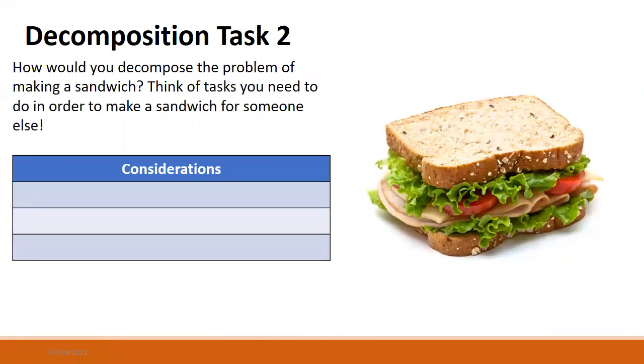Here's another one for you. All right. So can you do some computational thinking? You are making a sandwich. Now, let's say this is a sandwich for somebody you care about. It's not just that you're hungry and you don't care, so you just slap it together, right? Well, some of you actually care about it anyway. So yeah, you care about this. So what would you do? What kind of questions would you ask?